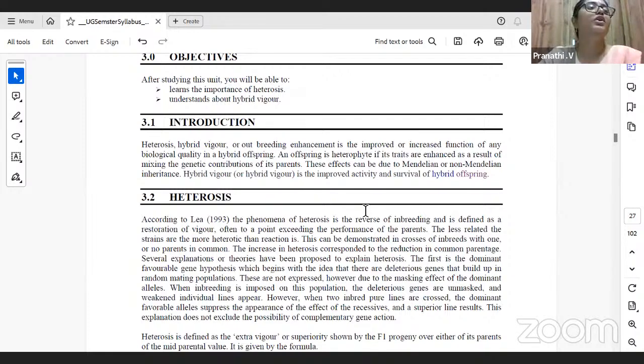So it is all about how good your genetic traits are. Is there any kind of improvement? So if an offspring is a heterophyte, and if the traits are better than the parents, this is what is hybrid vigor or heterosis. So the genetic contribution of the parents has been